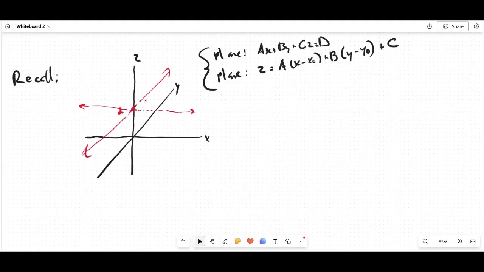By now, after the last lecture, you know that these are slopes here, right? This is the derivative in the X direction of the function, and the second line I drew is the derivative in the Y direction. But in the context of expressing a plane,